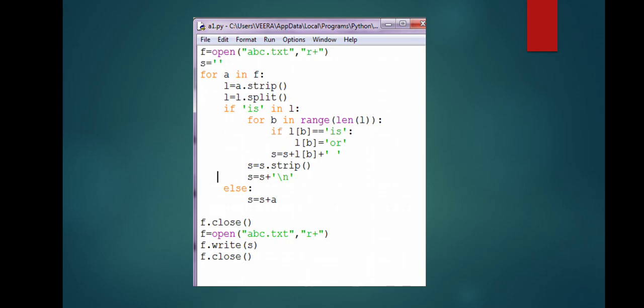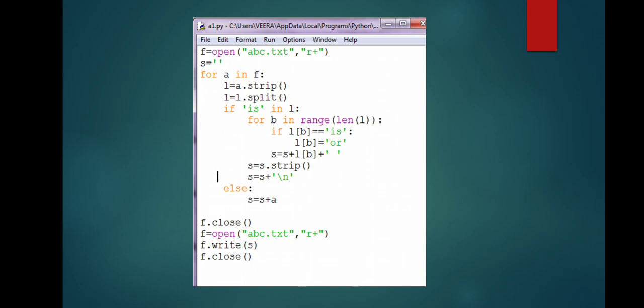Now this is the last example. In this example, I am trying to replace the word "is" in the file with the word "or". So what I have done, I have read the content of the file line by line, and in each line I have tried to find out whether "is" is there or not. If "is" is there, I have modified it with "or". And in the same way as the previous example, I have closed the file and then reopened the file and rewritten the content.